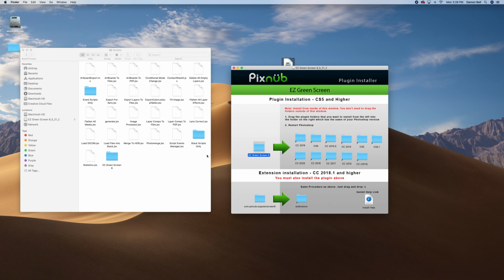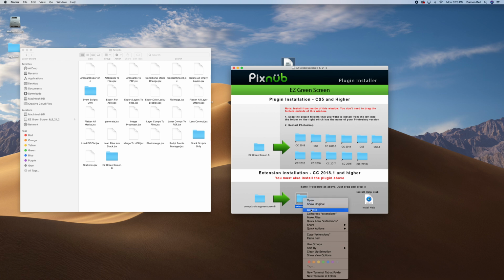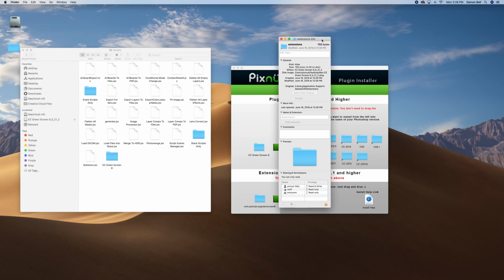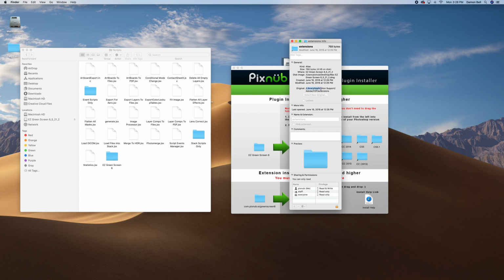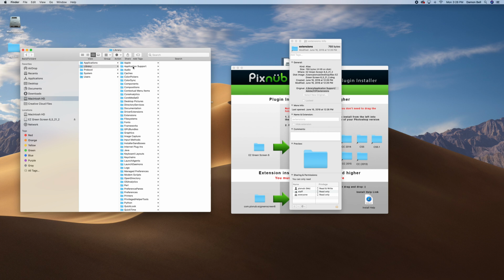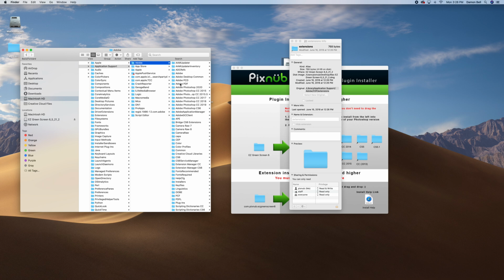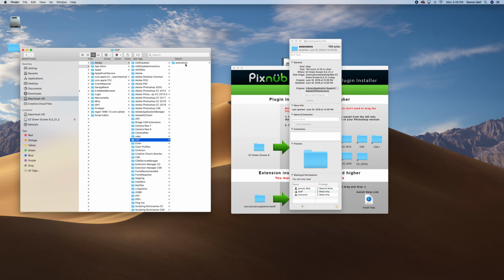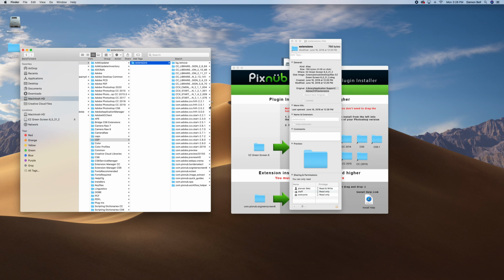but that's how you would go about installing directly from Finder. So then again, to get the other folder, you'll right click on this extensions, get info to see where it belongs. In this case, it's Library, Application Support, Adobe, CEP, and Extensions. So to find that library folder, you're going to have to go to the Macintosh hard drive. That's what this / is. That's your root directory. So the Macintosh hard drive, which is the root. And then go to Library, and then Application Support, and Adobe. I know this is kind of buried in here, but this is where Adobe put its extensions. And then again, if you don't want to be in this view, now you see that